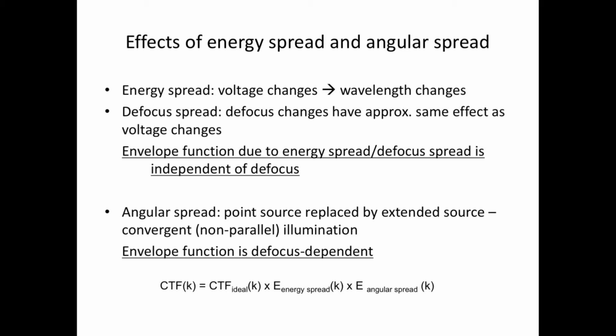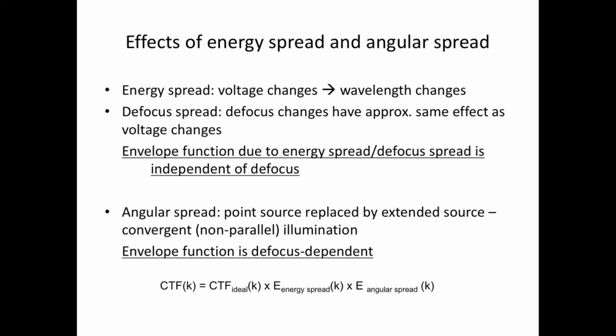And the energy spread is also rather small because of the stabilization of the voltage. What we don't have that much control over is the defocus spread, because the particles can now be at a different